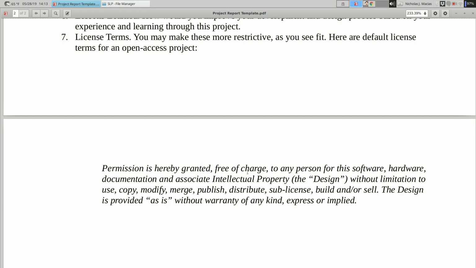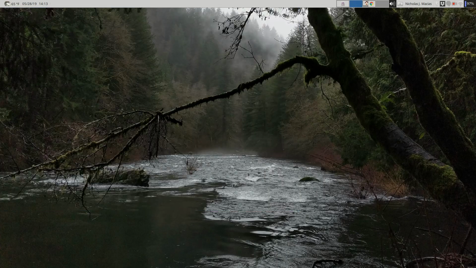So any questions on SLP? All right. I have a question about licensing though. If you have a version and you're totally cool with that version being open source, totally open for everybody, open license, but then you make changes to it and the changed version you want to be private, does the previous open license give people free range to publish your new stuff or no? That's a good question.